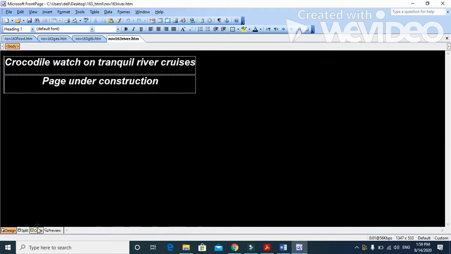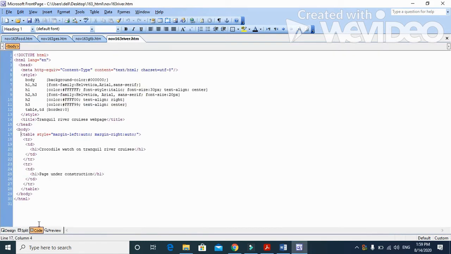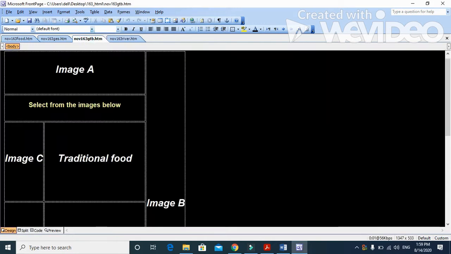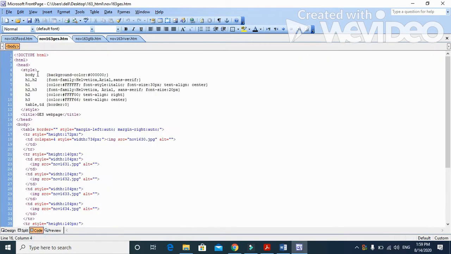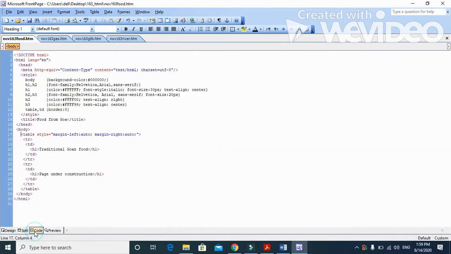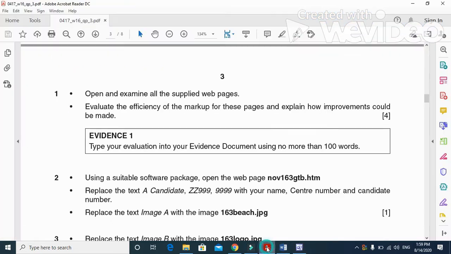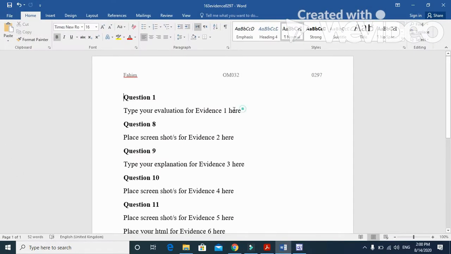Let's go to the code of TV River. So that is the markup here. Then here is its markup, and here is its markup, and its markup is here. So what are the changes we can make to the markup to make it more efficient? They said evaluate the efficiency of the markup and what improvements. So what I'm going to type here, the improvements that I can make,